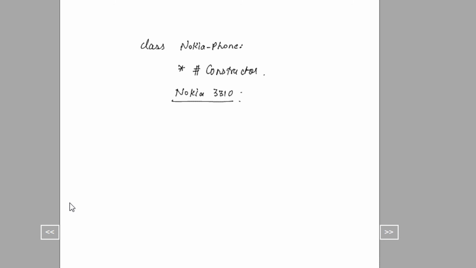Now whenever this production starts, let us say you are asked to write a class for it. So you know that Nokia 3310, let's say it has SMS feature, it has a call feature, the color is gray, and the border is, I think, blue. The display is 1.5 inch. So all the Nokia 3310 will have this kind of display. I mean, the display is, let's say 3.5, whatever it is. The point here I am making is any Nokia 3310, whenever I want to make, I actually want that these things should be auto initialized.